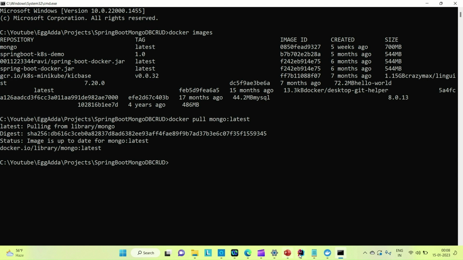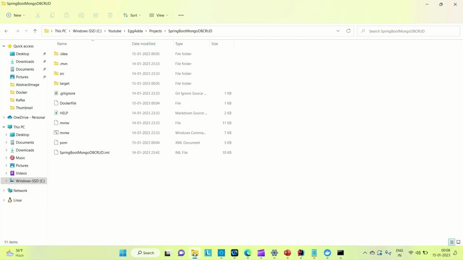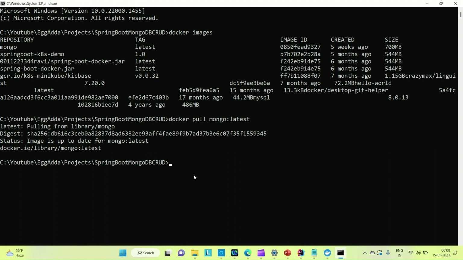We are already there in the folder structure where we have the Dockerfile. Let me show you. We are inside this folder structure, and you can see we have the Dockerfile here. So you need to open a command prompt here. I already did that. And to create an image of this application, we need to run the Docker command. So it is docker build